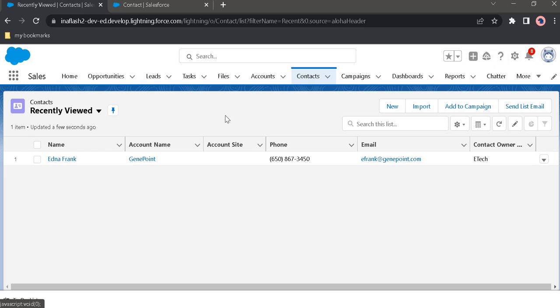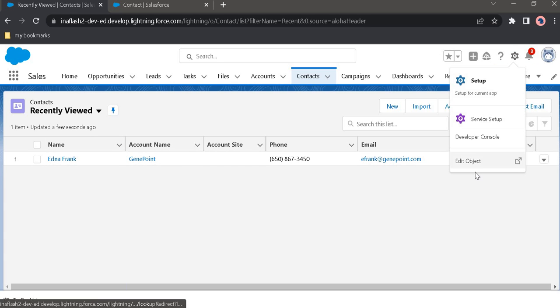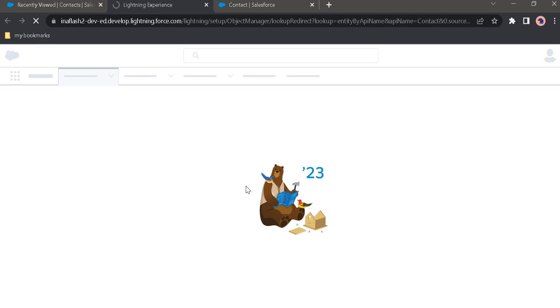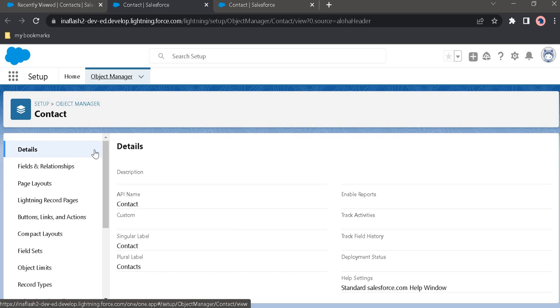Another way is if you are in a contact record, you can go to the gear icon and directly click on edit object. As you can see, you are directly redirected to this contact object, and you can work accordingly.